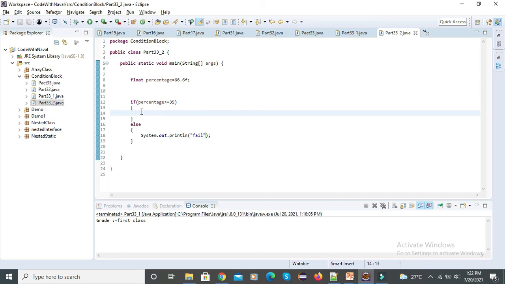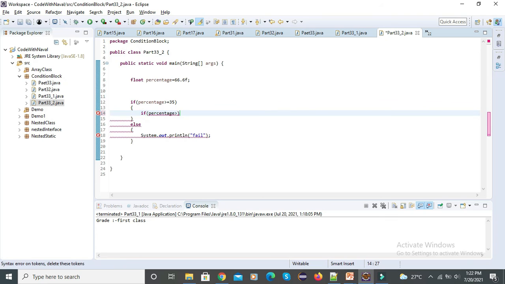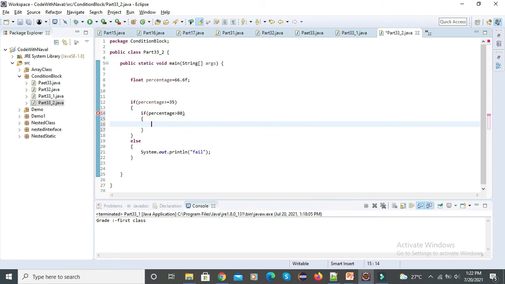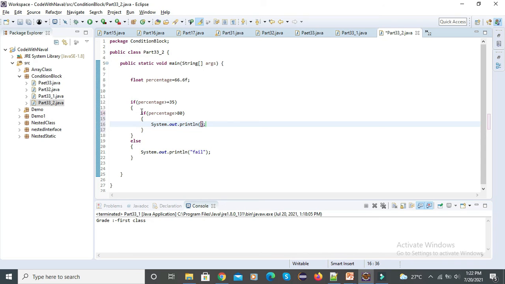Okay, let's define here. I'll simply define here, if percentage greater than 80, then you get a new bike. I'll simply add here system.out.println, and here new bike.